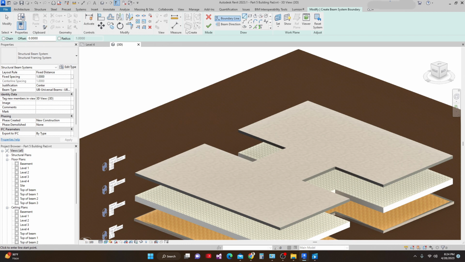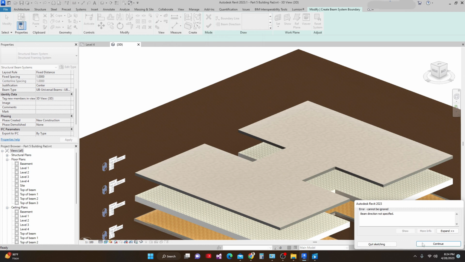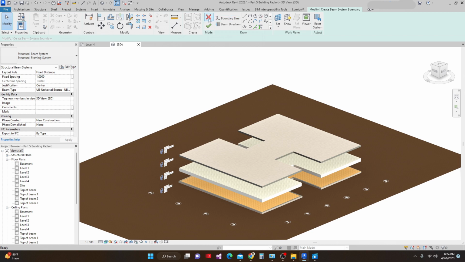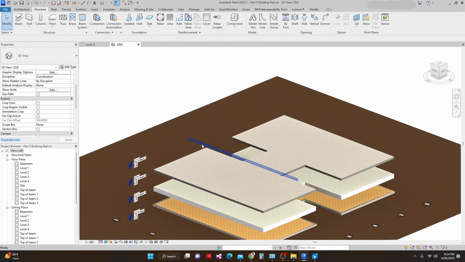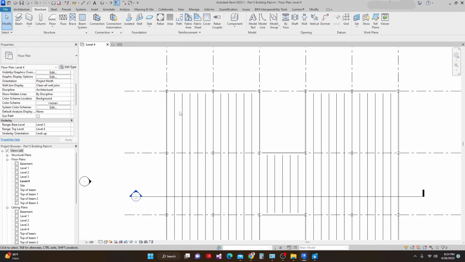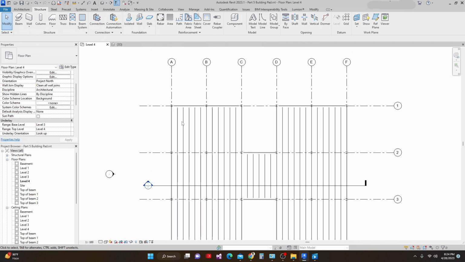And then go back to this and finish first this, and then go back to level 4,